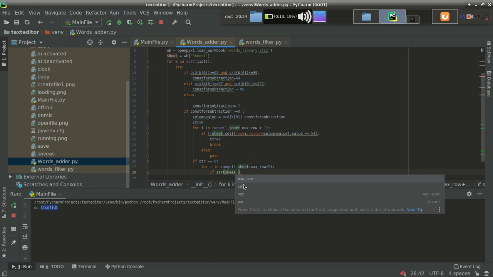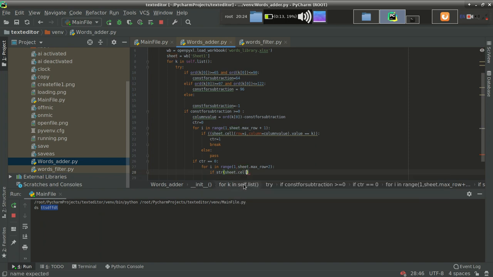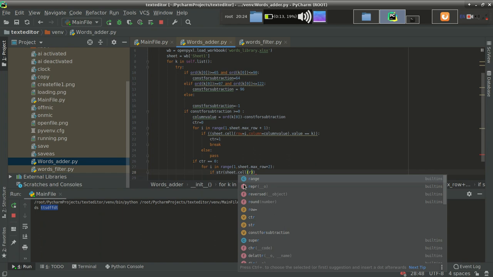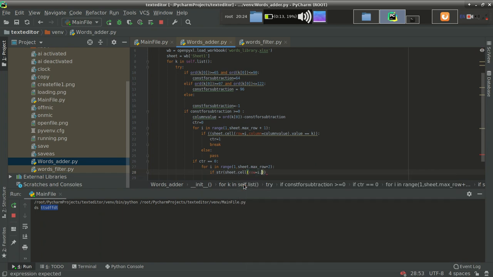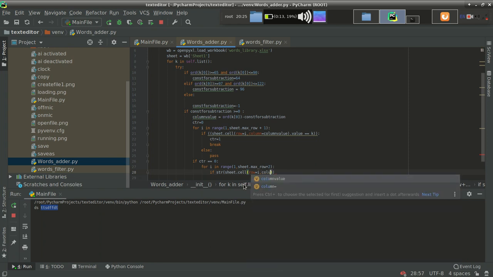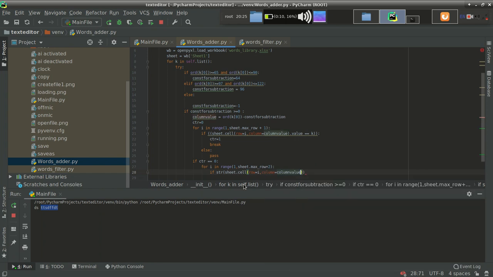Sheet dot cell, row equal to i, column equal to column value, dot value equal to none.